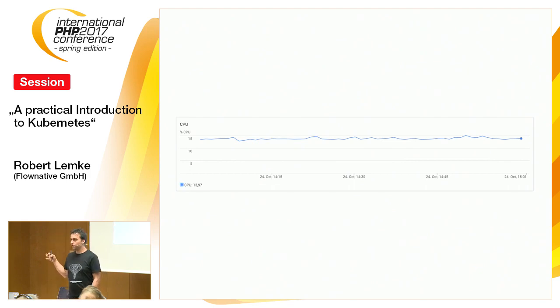So, something about Kubernetes specifically. Google, like other providers, of course, is providing something they call Google Compute Engine. You know that from Amazon or some other providers. So you basically can rent a virtual machine, and you pay by the minute, and you get a whole machine with 1 CPU or 5 or 10 or whatever.